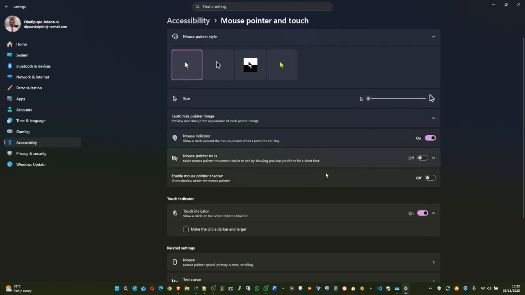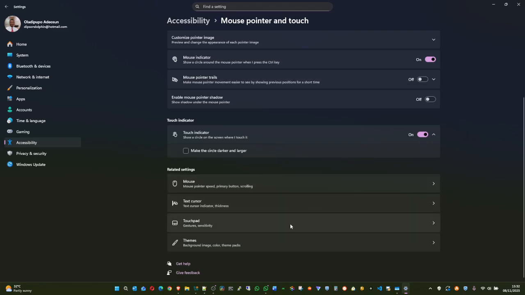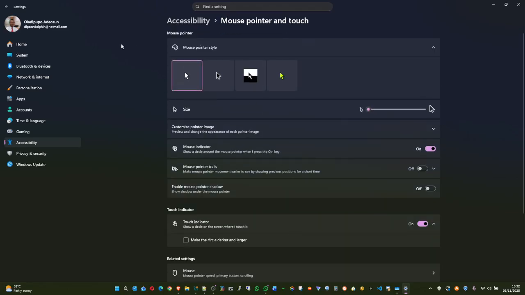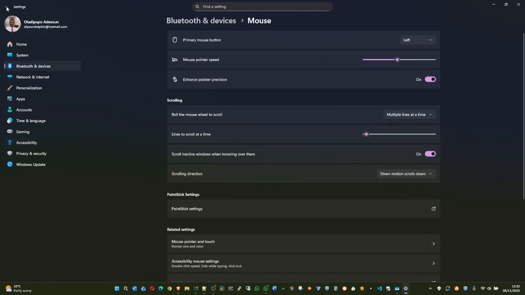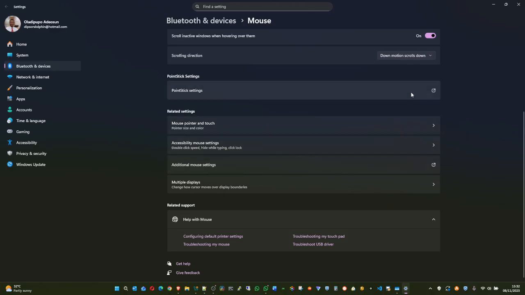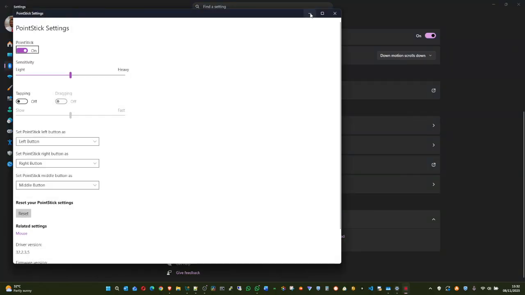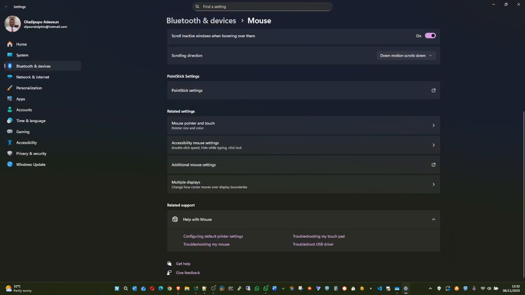I just want to quickly adjust one particular setting, because once I click on something, I expect it to show.